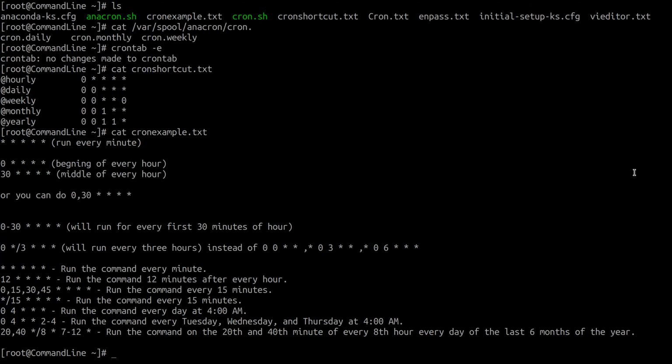On that shortcut, if that cron supports it, you can also do @reboot and then define the command, and that command will be run when the system is started up after the reboot. So if those shortcuts are available, it can make it easier to interpret the schedule in your cron tab. So this way you can use the flexibility of the cron utility and combine it with shell scripts to automate many system administration related tasks. For example, you can write a shell script to clear the log files or create a system and data backup and upload them into your remote storage. And you can use cron tab or cron to automate the whole process using a certain schedule.